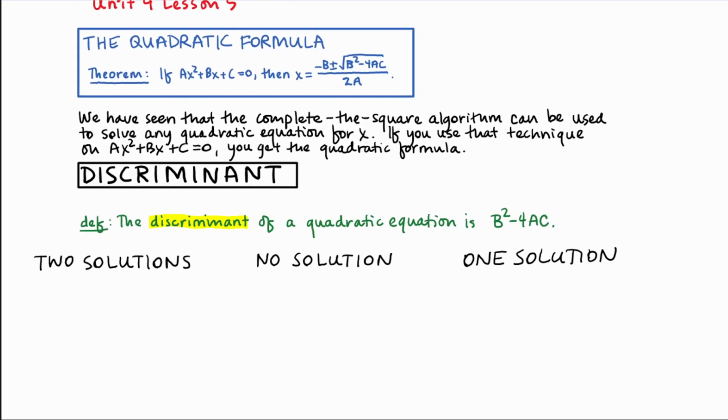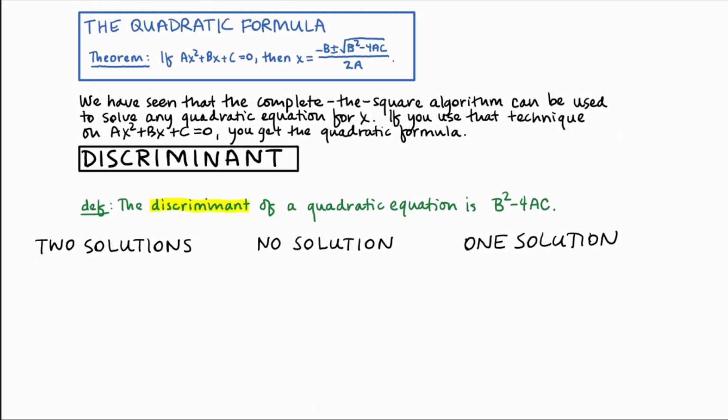Okay. So first we're going to talk about the discriminant. That's the thing on the inside of the square root of the quadratic formula, pardon me. And, well, we know that the square root of a negative number doesn't really exist. Okay, it's not a real number. And so we're going to use that to help us decide how many solutions a given equation has. Okay, two solutions, that's going to be where b squared minus 4ac